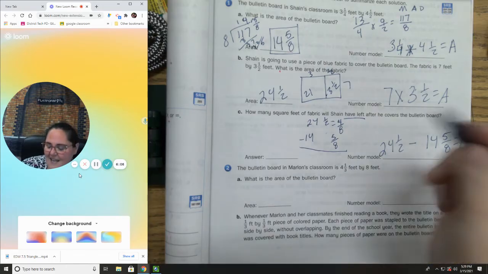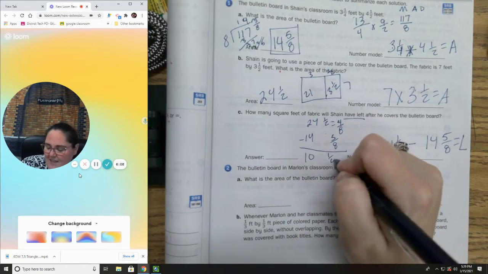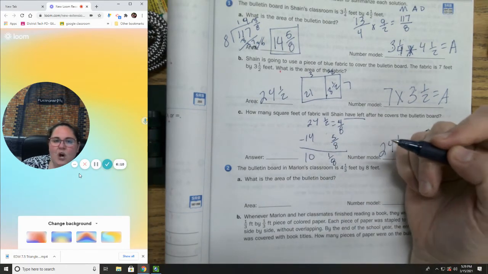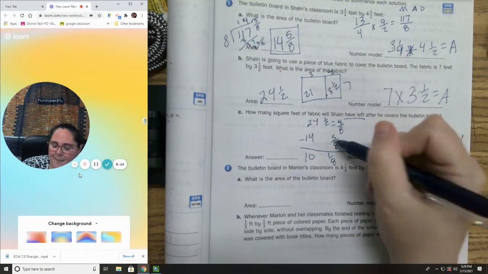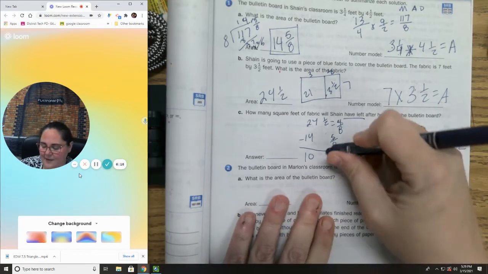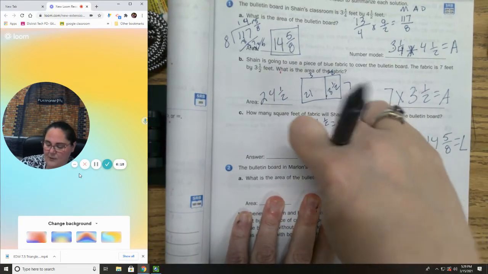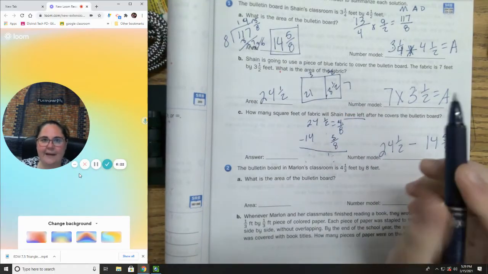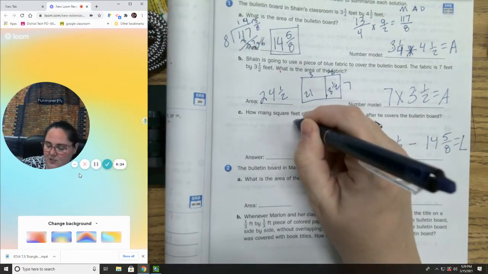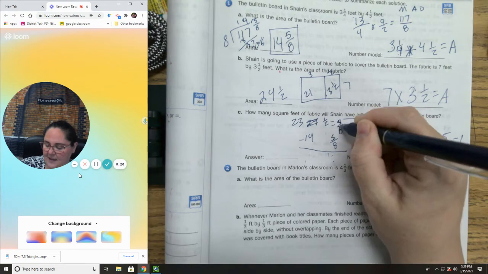If you said 10 and 1/8, you would be wrong. 4 minus 5. Think about it, guys. If I have 4, can I really take away 5? Nope. I gotta rename it. 24 turns to 23. This turns to